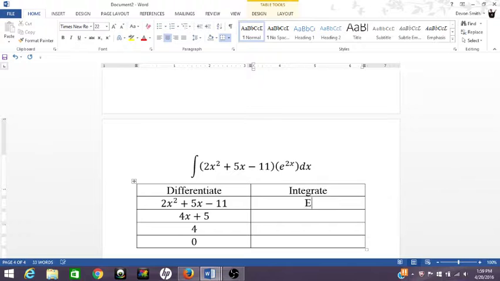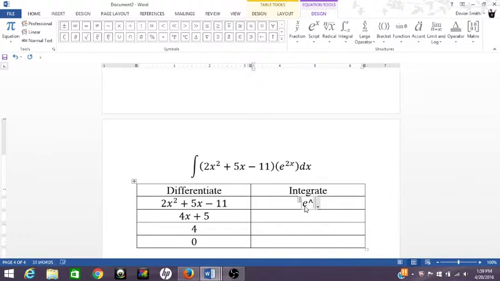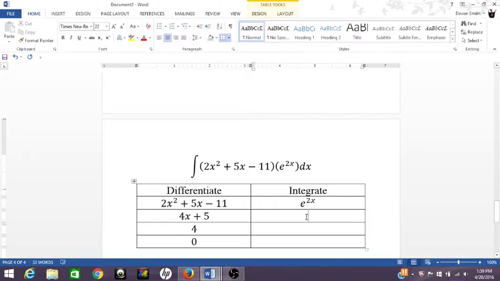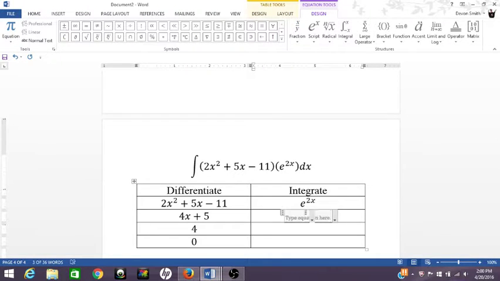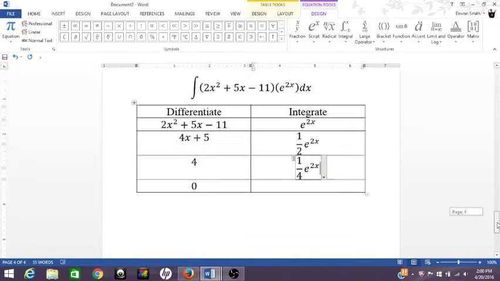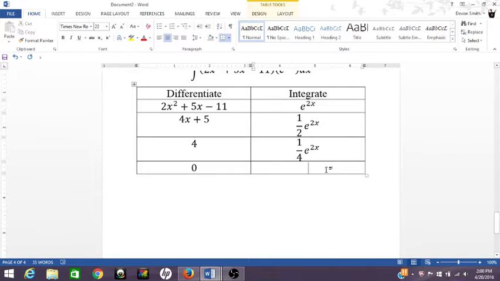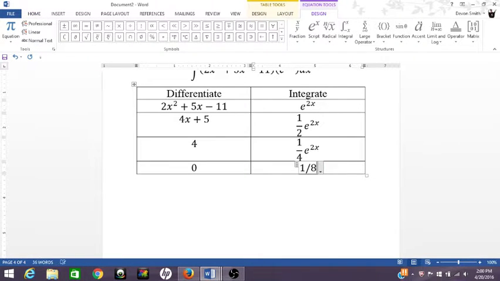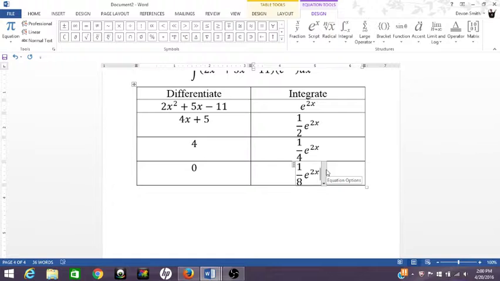Then you just take the integral from there, and keep integrating down the column. Alright. And once that's done,